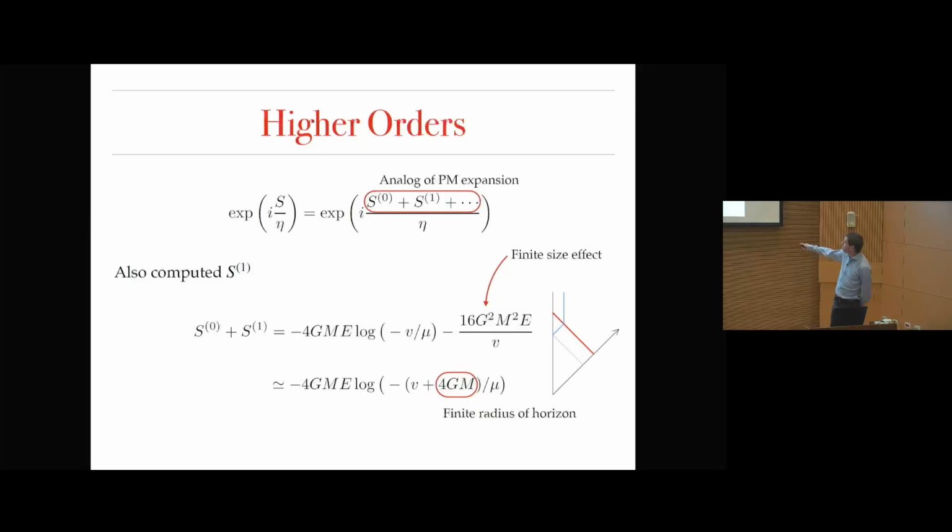Maybe this is a good point to mention something rather fascinating about this whole story. If we were to redefine V to be V plus 4GM, so set V prime to V plus 4GM, I would absorb all of these, this being the only source of perturbative corrections here. In terms of this V prime, the tree level is exact, and it's a translation. Maybe this is just me, but I see this every time I do some computations in general relativity. The Kerr-Schild metrics are an example of this, where there's some tree level thing, you do a translation, and now the tree level is exact. This is the same. I don't know.